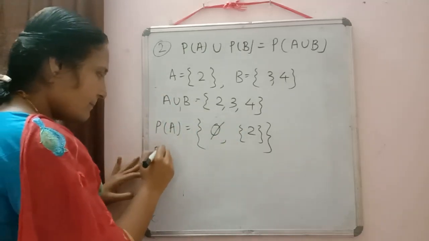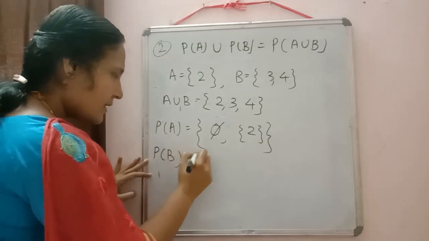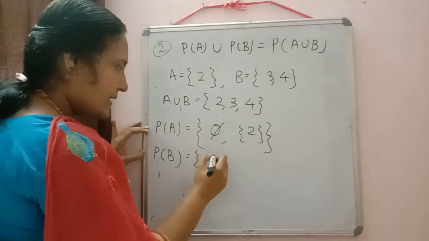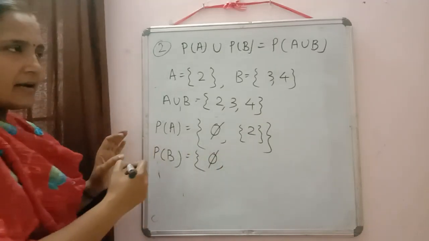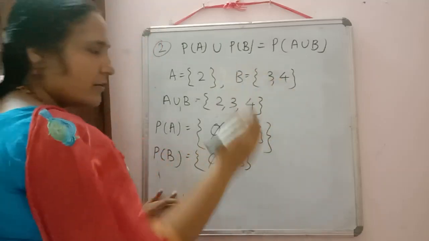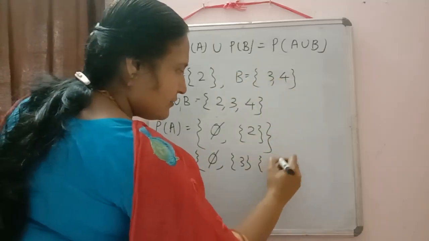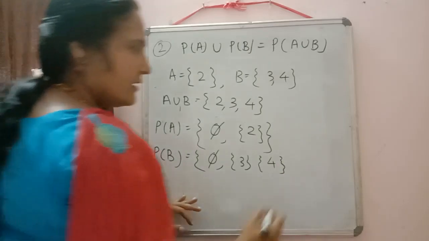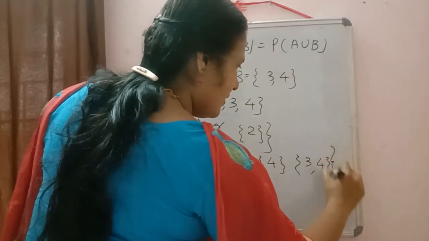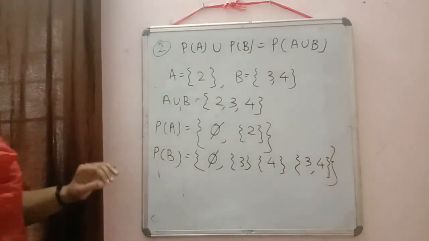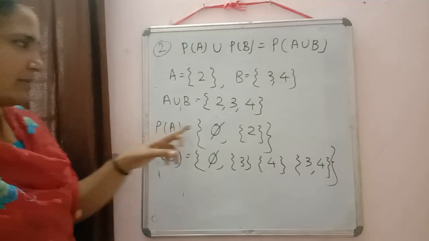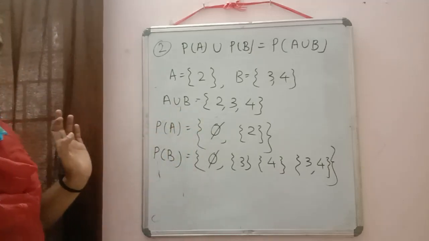Then we will write the power set of B. So B is having two elements. So again, whenever you are writing the subsets, first the null set will come. Then we can write the single element {3} is a subset of B. Single element {4} is a subset of B. And the set B also, {3, 4}. This we already studied, how to write down the subsets of any set. So these are the sets we have. Power set of A and power set of B we wrote there.